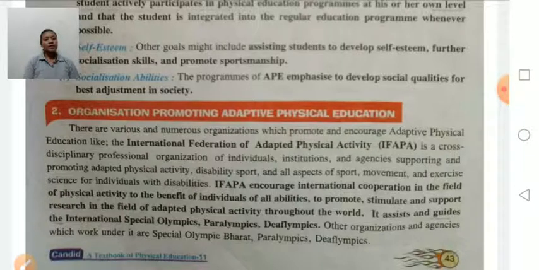It also encourages international cooperation in the field of physical activity to the benefit of individuals with disability, and promotes, stimulates, motivates, and supports research in the field of adapted physical activity throughout the world.